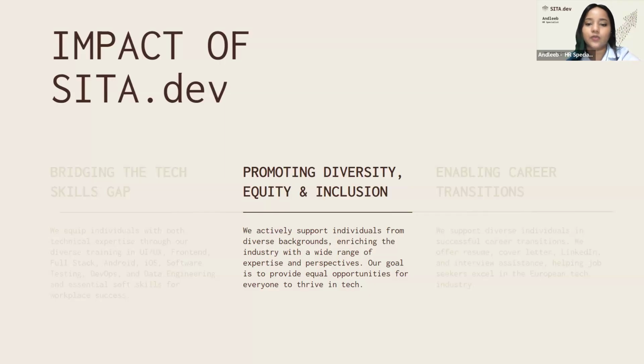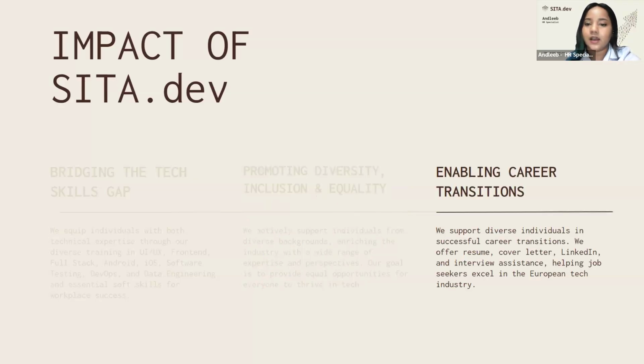We actively support individuals from diverse backgrounds who are enriching the industry with a wide range of expertise and perspective. So our goal is to provide equal opportunities for everyone so that they can thrive in the tech industry in Sweden. We are also enabling career transitions.